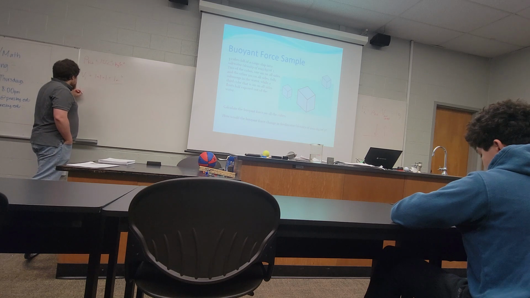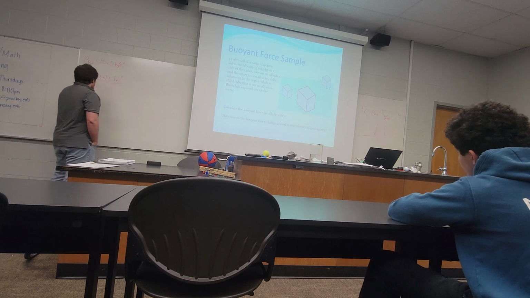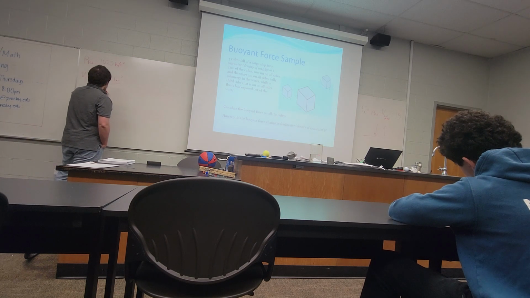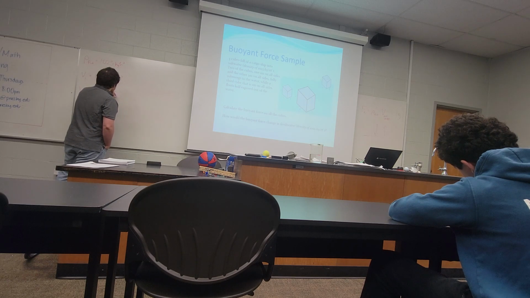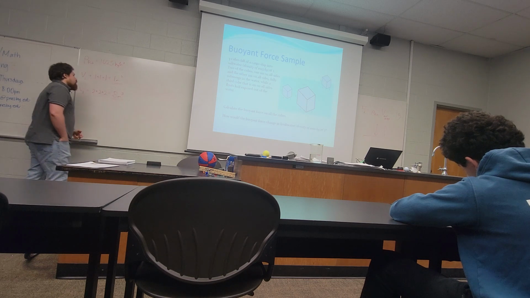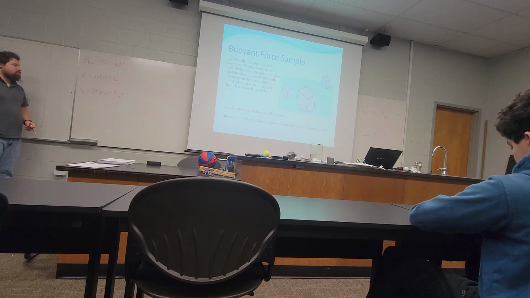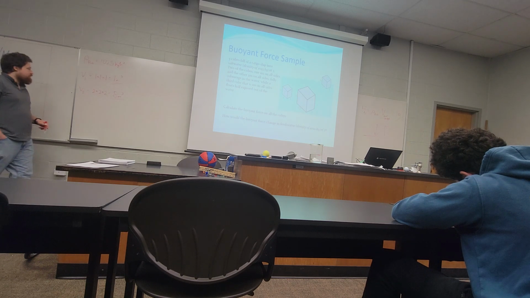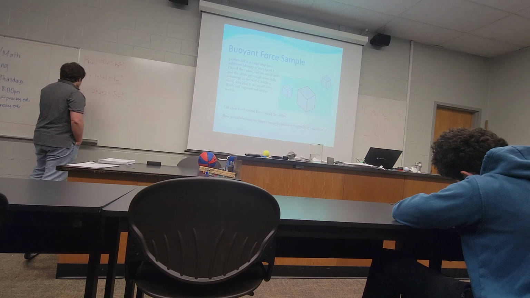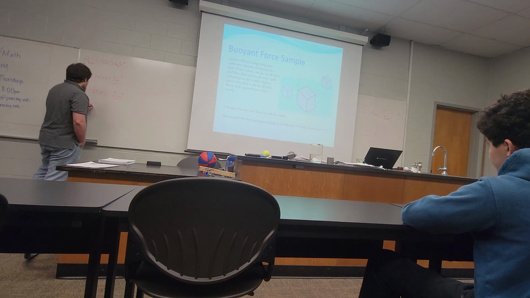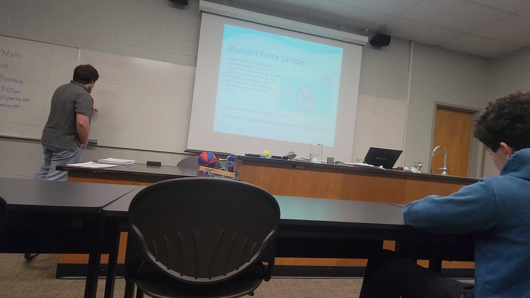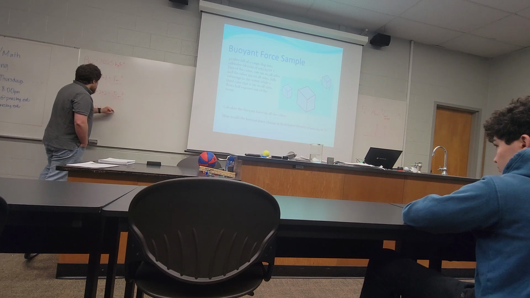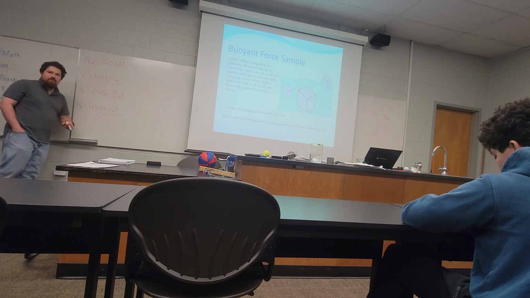Now, the second cube is 2 by 2 by 2. So 2 meters by 2 meters by 2 meters is 8 meters cubed. 4 times 2, yes. So twice as big in each axis, but takes up 8 times as much space. That's the volume of cube 2. And cube 3 is 1 by 1 by 1 again. So cube 3's total volume is also just 1 meter cubed.